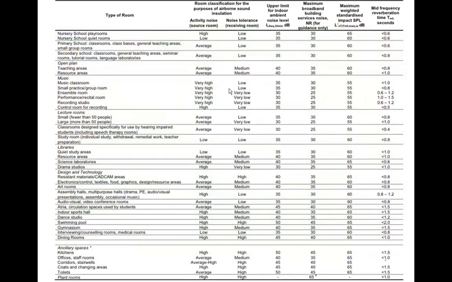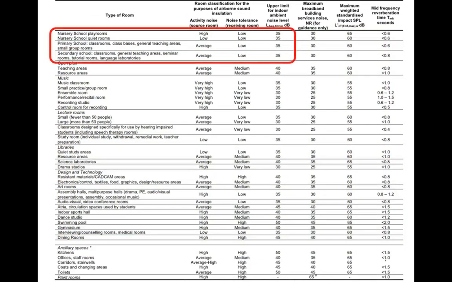noise level. And the implication for this project, because it's a school, is we have to comply with these sound levels. And the key factor here is we have to provide an internal ambient noise level no greater than 35 decibels. So, as a rule of thumb, when you open a window to let air in, you reduce the noise outside by about 10 decibels. So what this told us, if we go back,